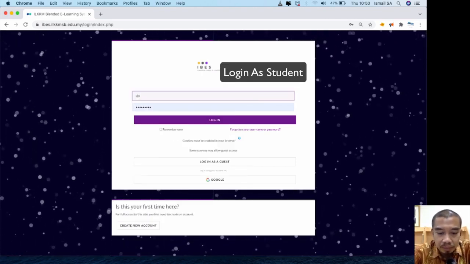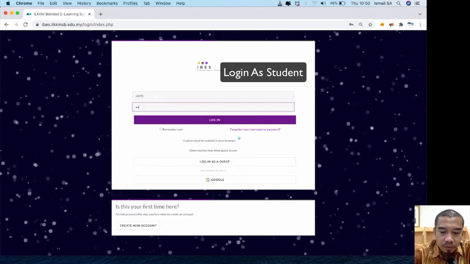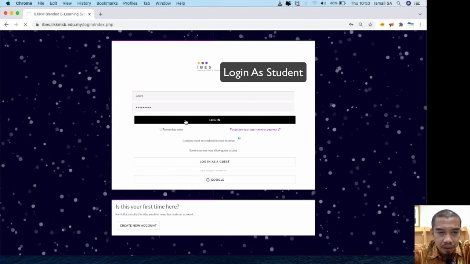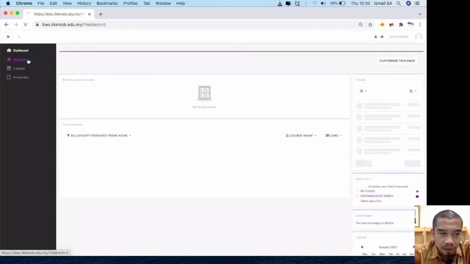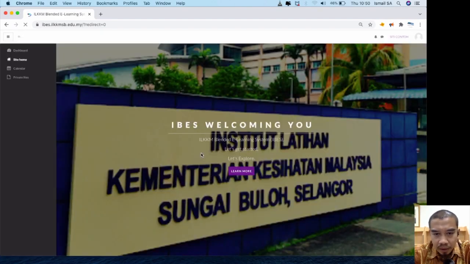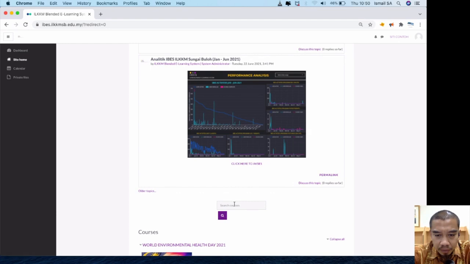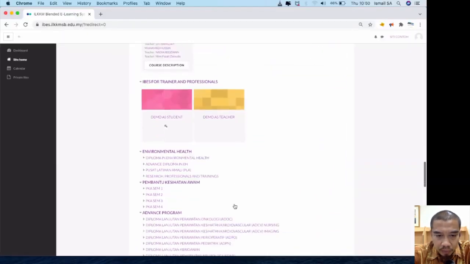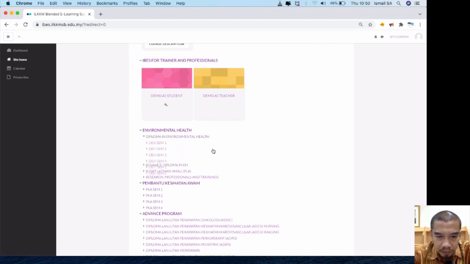This is an example of how the students are going to behave according to the specific enrollment key shared by the teacher. The student has to log in, and then the student can navigate through the site home, same as their teacher, and find the course inside the search box over here, or they can manually search one by one according to the program, the stage of the semester, and so on.